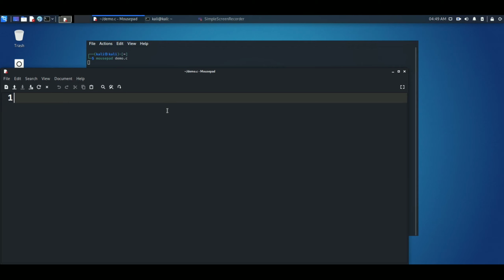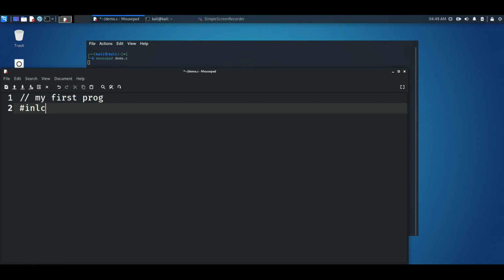I'm not going to teach here how to code in C. I'm just going to show how to do it with the terminal. So first I will give a comment, my first C program, and here include my header file.